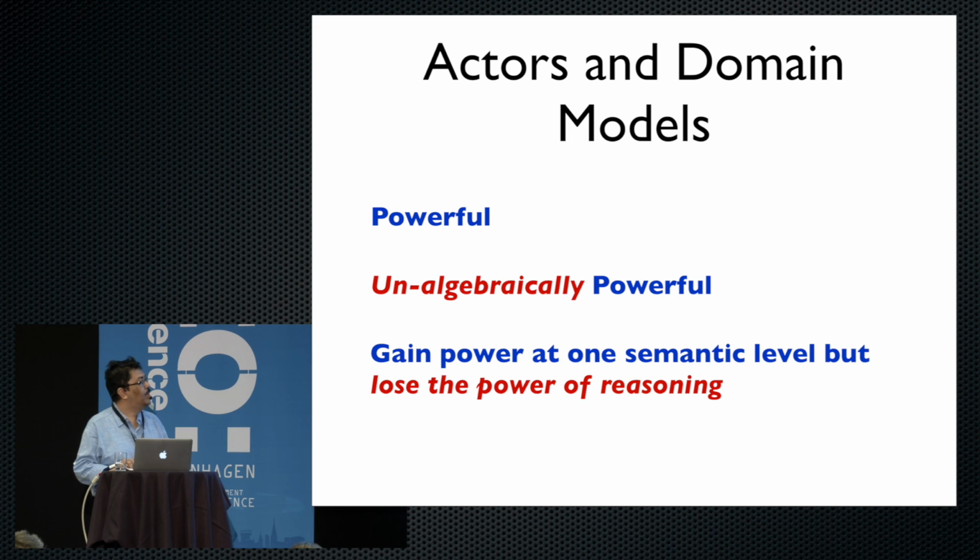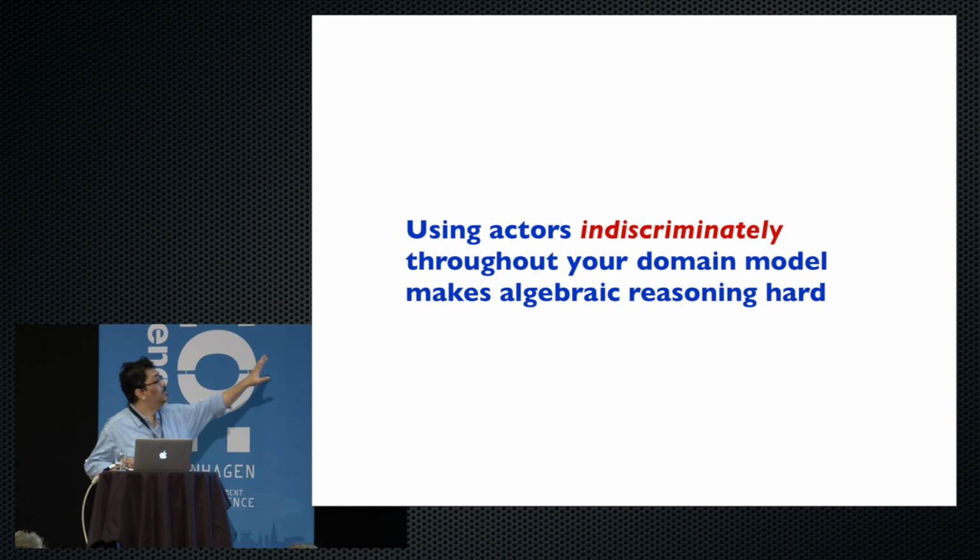You gain power at one semantic level, but you lose the power of reasoning. If you have a static type system, why not use it to the maximum? I am not saying that actors do not have their uses. They have their uses, as we will see. But this is the problem: using actors indiscriminately throughout your domain model makes algebraic reasoning hard. That's because